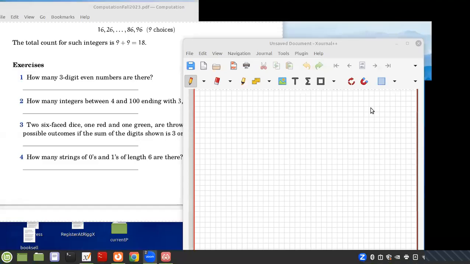We're doing counting. We're reviewing that. And last time we introduced two counting principles. The first one was, we're counting choices. You have compound objects, like a sequence of things, and you want to know how many choices you have to make a certain structure, like a list of items. And the two principles we had were that if you have independent choices,